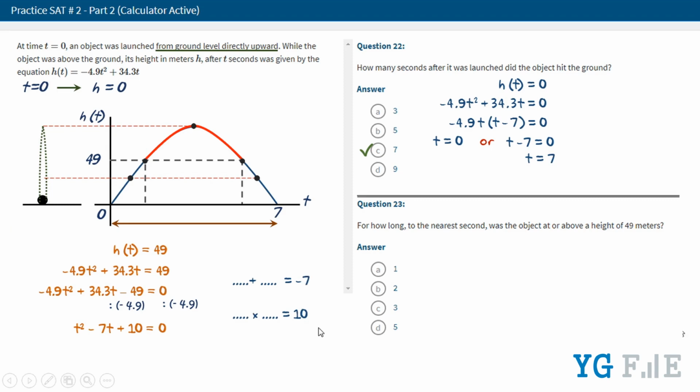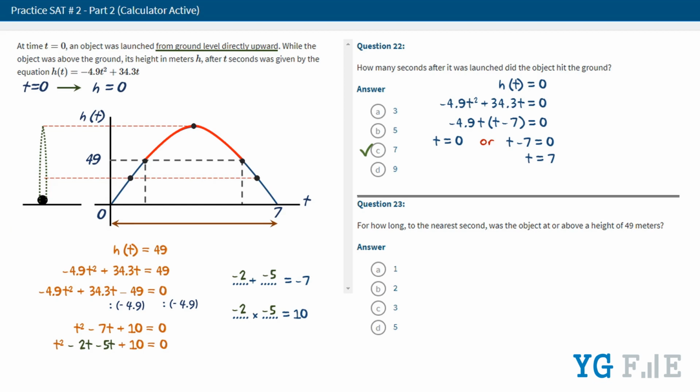it means that the two values are negative numbers. The two numbers that satisfy these two conditions are negative 2 and negative 5, since negative 2 plus negative 5 is negative 7, and negative 2 times negative 5 is 10. So we will use these two numbers to break up the minus 7t, and we get t squared minus 2t minus 5t plus 10 equals 0. And now we need to